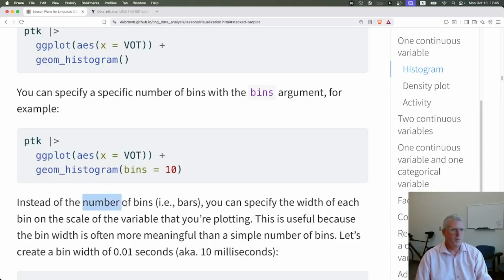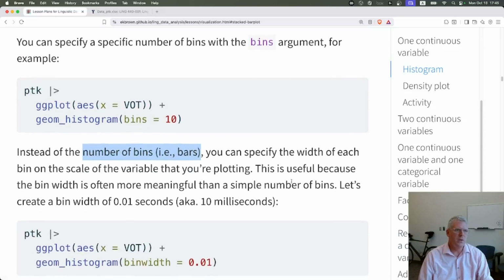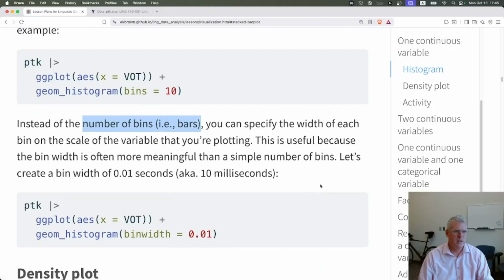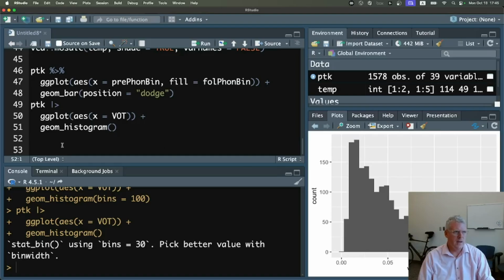Also, instead of the number of bins, like the number of bars, you can specify the width of each bin on the scale of the variable that you're plotting, the x-axis scale. This is useful because the bin width is often more meaningful than the simple number of bins. So let's actually do that. Let's create a bin width of 0.01, which is 0.01 seconds or 10 milliseconds. We can do that with the argument binwidth in that same